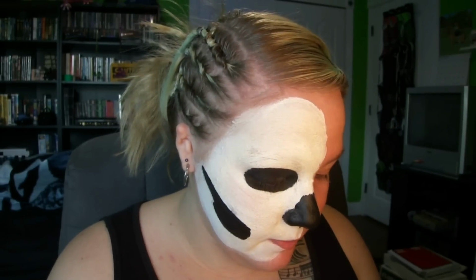Okay, so this is the black all filled in. I have a little piece that I have to touch up right here with the white, which I'll do in a second. But now I am going to start shading. For shading, so you kind of give more depth to the dark black without just having random white and black,